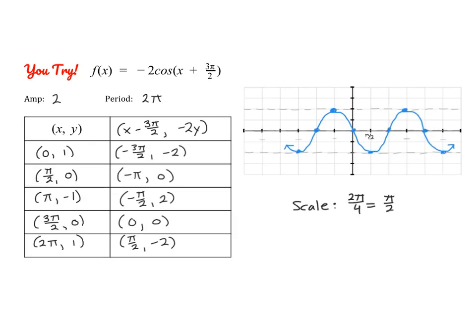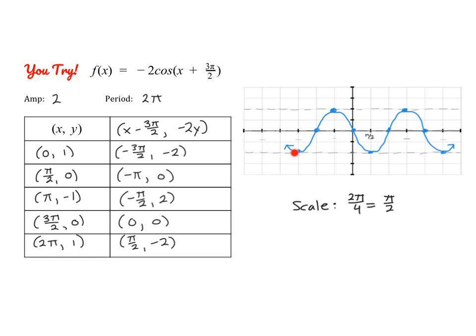All right, so go ahead and check your graph. So in this case, we are going to be shifting our graph to the left by 3 pi over 2. And then we have a vertical reflection and a vertical stretch by a factor of 2. So remember, cosine usually starts at the maximum, but because of the reflection, we're going to start here at the